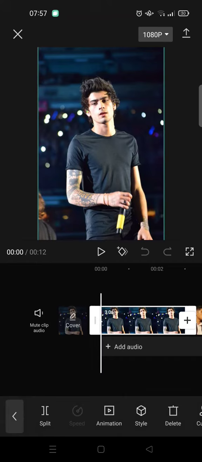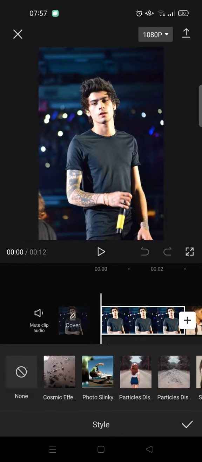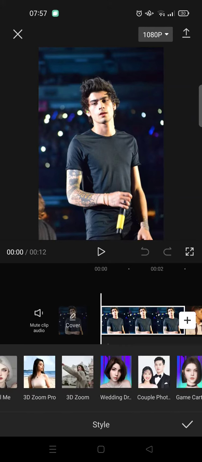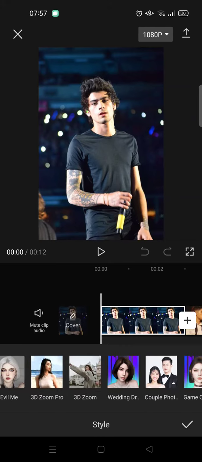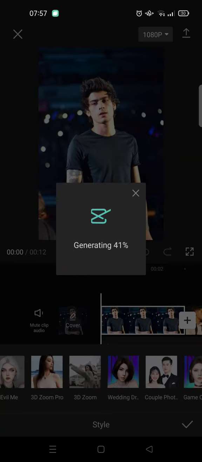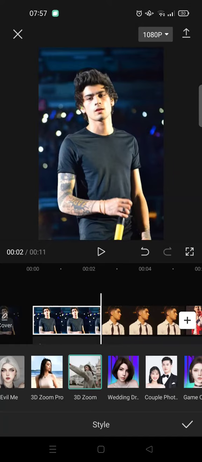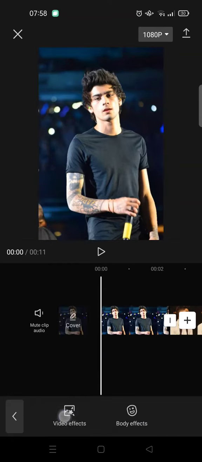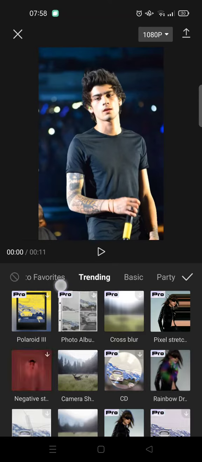So first, just click on your first photo and go to style and then choose the 3D zoom. You can choose 3D zoom or 3D Zoom Pro, that's up to you. So I'm going to just choose both of them. For the first photo, I'm going to choose just the 3D zoom. Okay, and then click on the check icon, and here go back and go to effects, video effects, and find